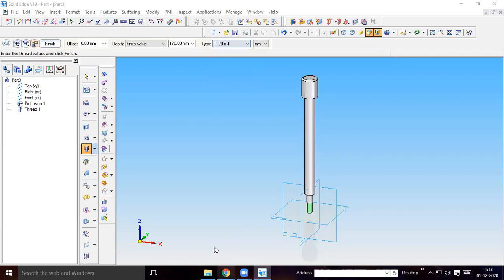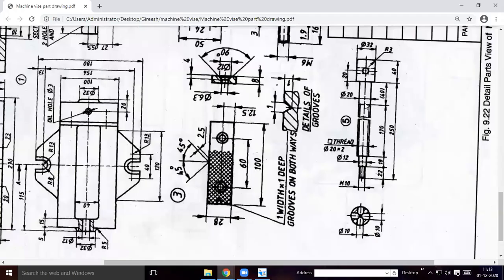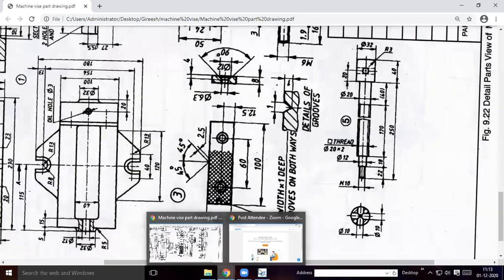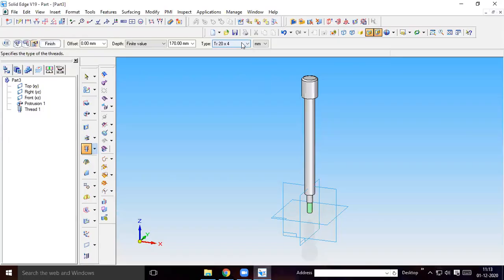The thread type will be 20 into 2, pitch will be 2. Square thread, it is 20 into 2. Here you select 20 into 2. Then finish.